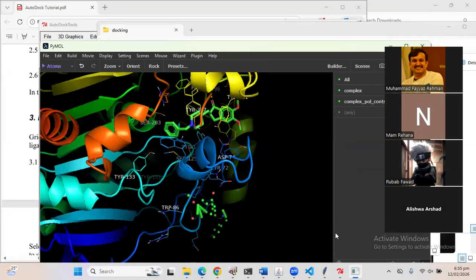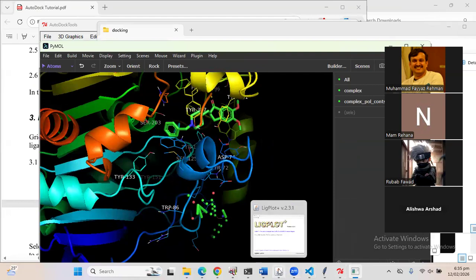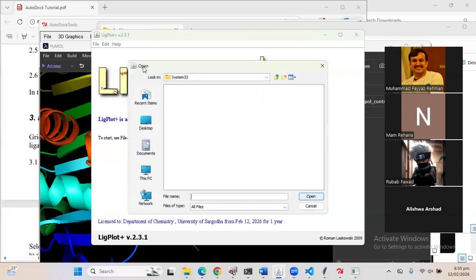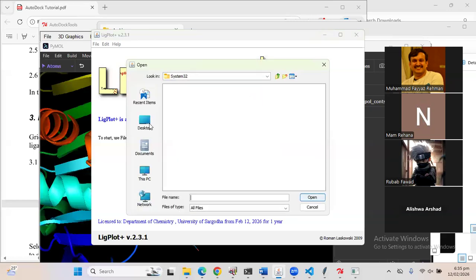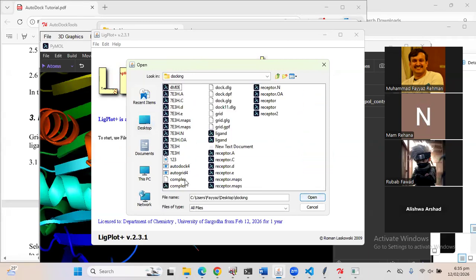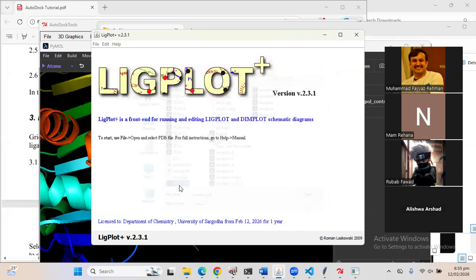And then the second program, for which I will send you the links, is called LigPlot. LigPlot is another program by which you can open and check PDB files, to see how the ligands are interacting with the protein molecules. I think our folder was named docking, and our final file was complex.pdb. So this is the file,